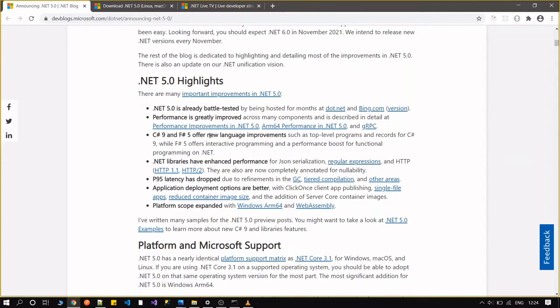And one of the cool features that I personally like is the cross-platform implementation with any device. It means .NET 5 is now compatible with any device. They also have a smarter deployment package, smaller project files, single file applications, and small container size. So these are the main features of our new framework.